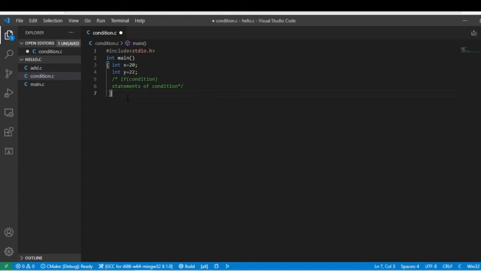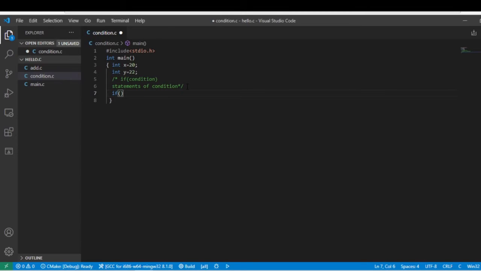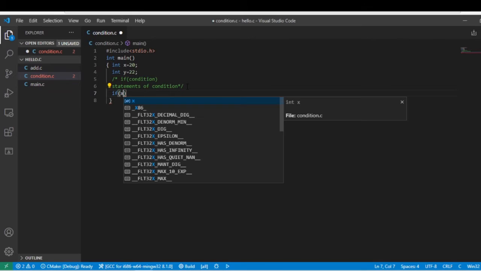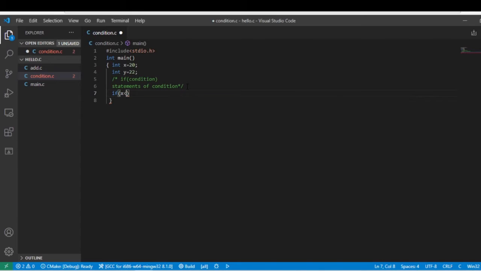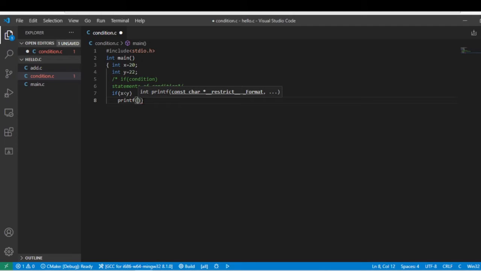Now I write if and type the condition. What is the condition? I write x is less than y. That is the condition. Now I write a statement. What is the statement? Printf. Printf is a function.